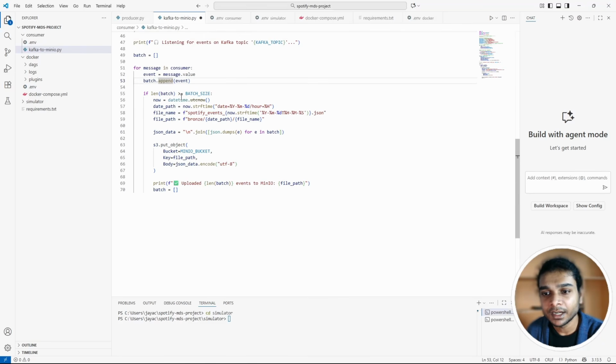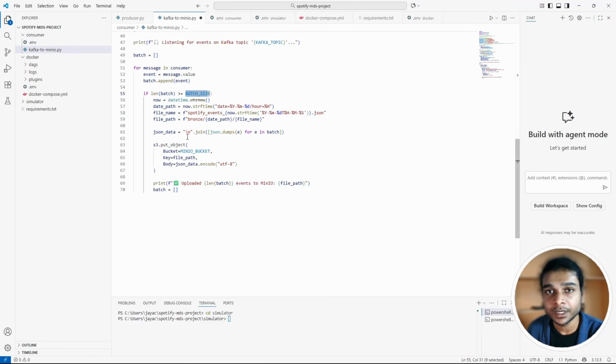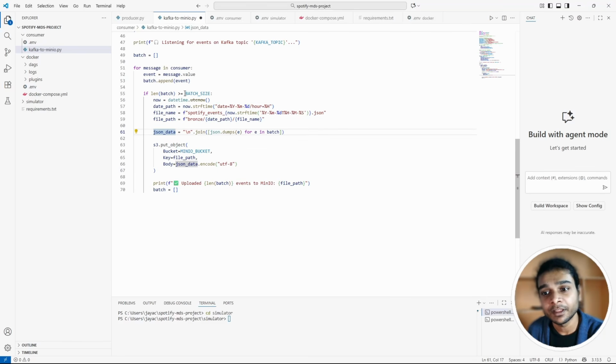If the length of batch is greater than the batch size that we defined in the .env, which right now is 10. It's totally up to you. You can say 20 or 30. So right now it is 10. So it waits, and only if the length of batch is greater than the batch size, then this will be executed. Now